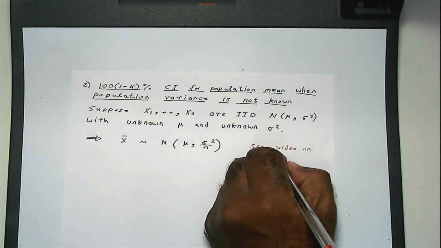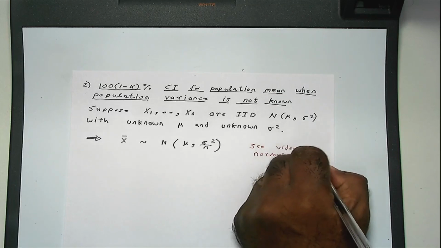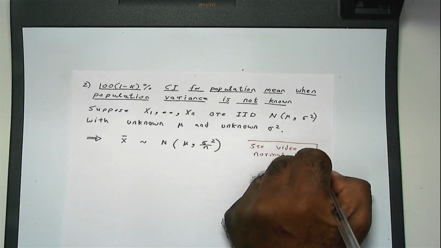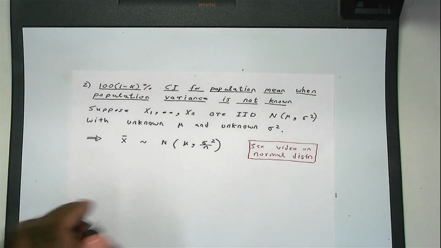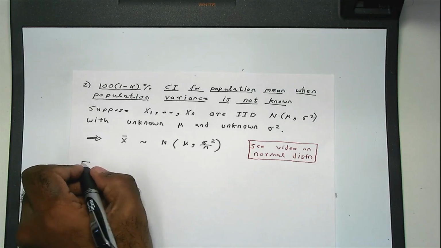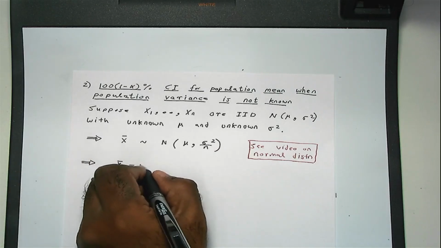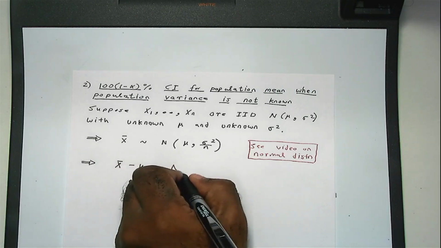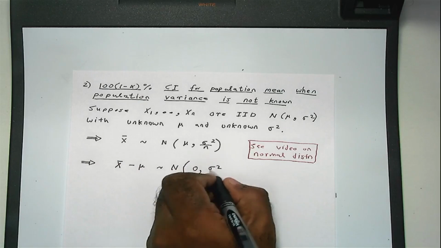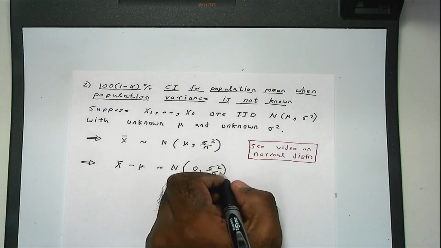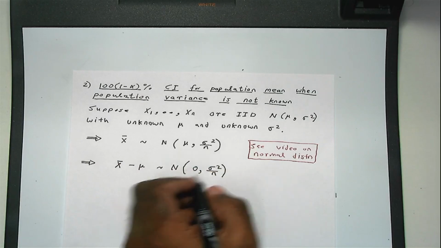It's one of the properties of normal I mentioned. Okay. Now this implies that x bar minus mu must be normally distributed with 0 mean and variance sigma squared by n. Okay. And this implies,